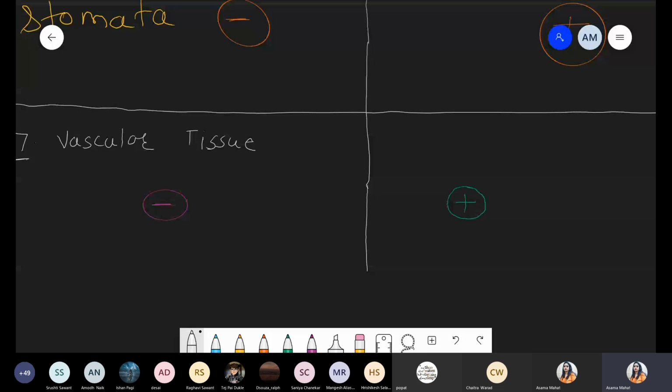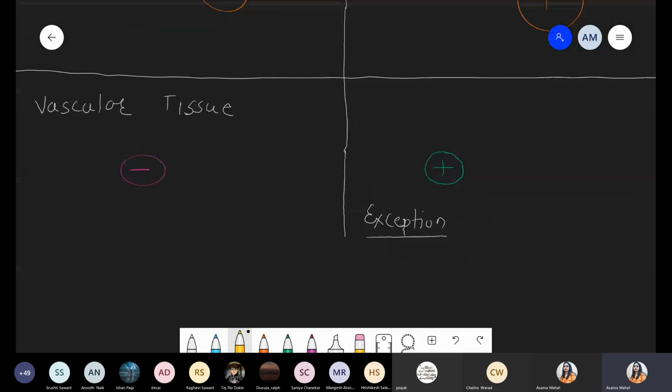But now here we are talking about the exception case. Why do we say that is an exception? Because true xylem and true phloem are totally absent. Vascular tissue is absent, but for conduction of water and conduction of food, there is a presence of a specific type of cell. So we are talking about the exception case. The first point: there is a presence of hydroid cells. And these hydroid cells are responsible for water conduction,